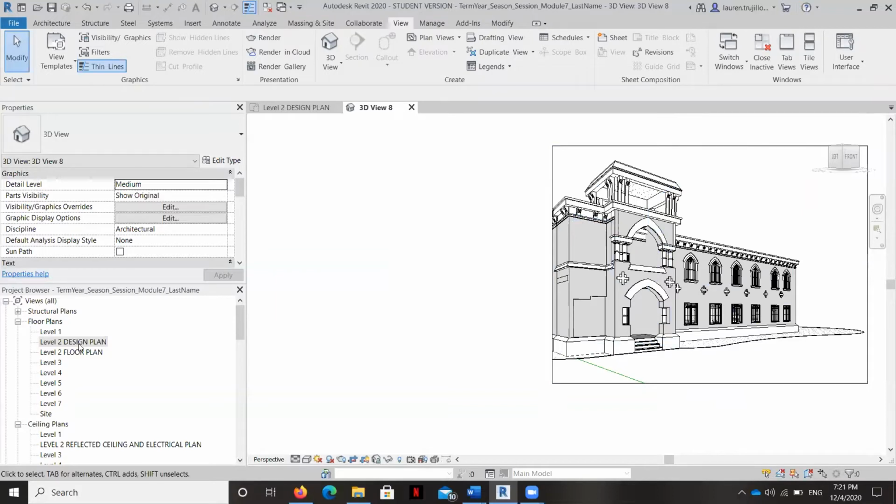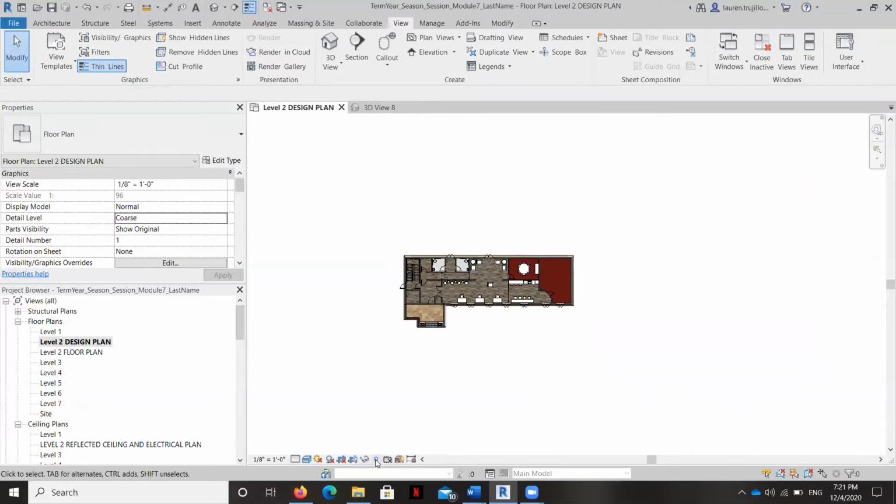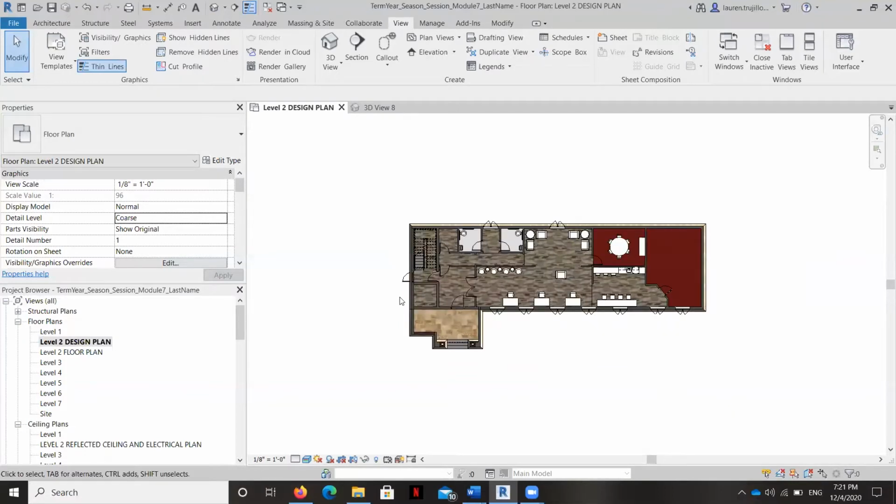Now, I have gone already, because it takes a little time, to the design plan, and I've created a floor. Now, we're going to create the grass that this building is sitting on. Then we're going to create the sidewalk leading up to the building, another little patch of grass, and then the actual street where the cars are going to be. So the thing about this is, of course, that the professional version of Revit at the time of this recording had grass and asphalt and sidewalk finishes, but the student version does not have those. So I had to create a material in my material library for these as well.